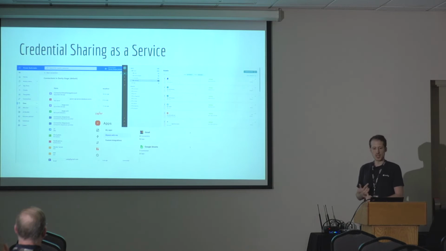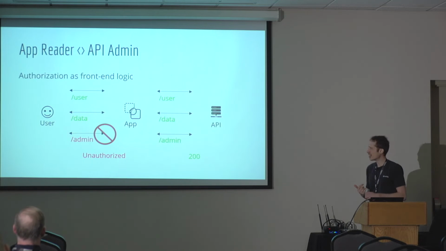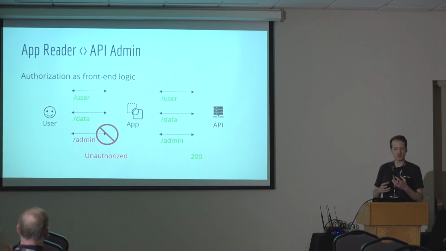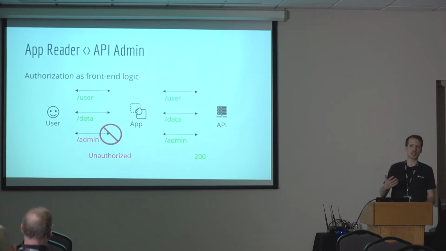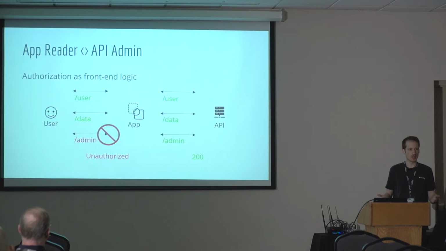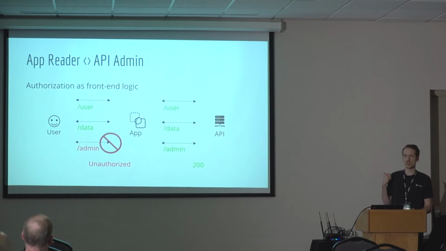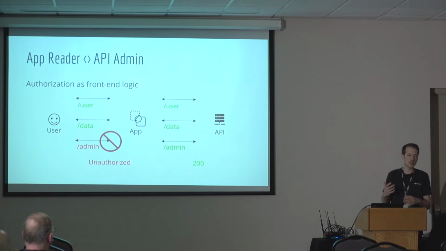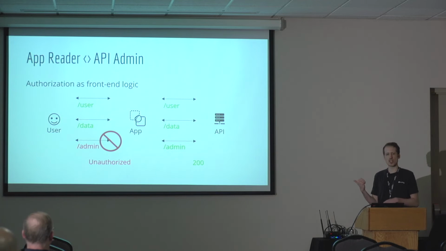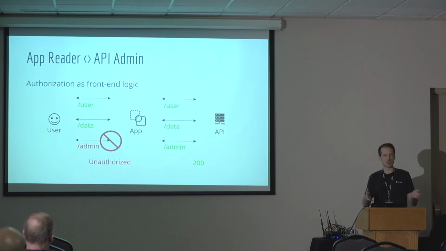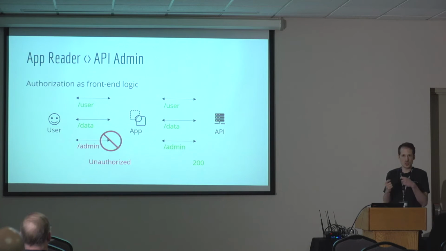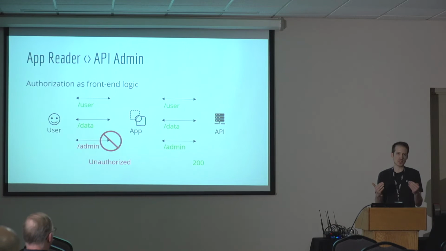One other problem around authorization is that we see people want to do the right thing. They want to build an application that has a different interface for a user and an admin, for example. But doing that on the connection level is difficult. So they simply do it at the UI level, on the client side. This is very common in Salesforce, for example. So you build a custom application in Salesforce, and this application has users and admins. Both the users and admins see a different kind of UI. But if you look behind the scenes at the API, they have the same permissions. They can do the same things.